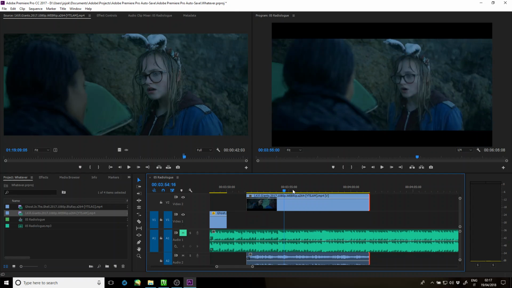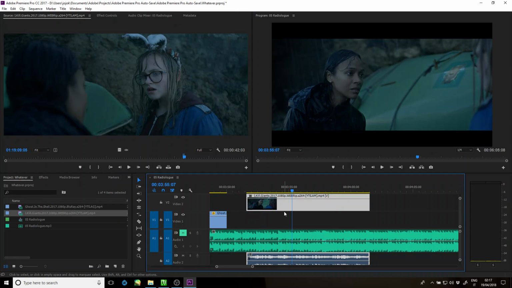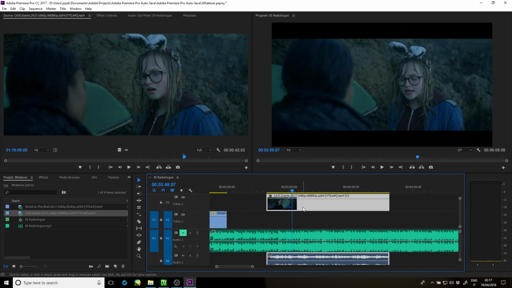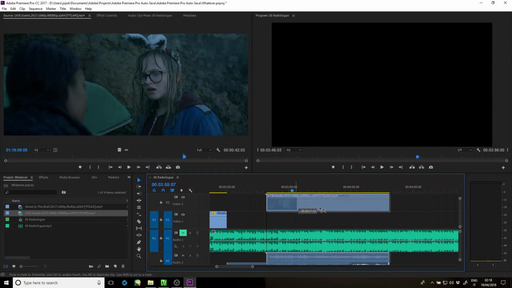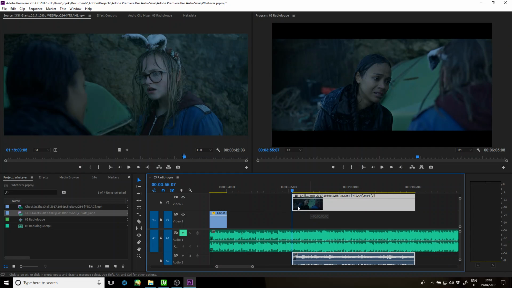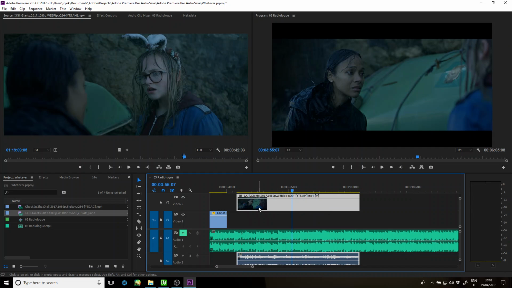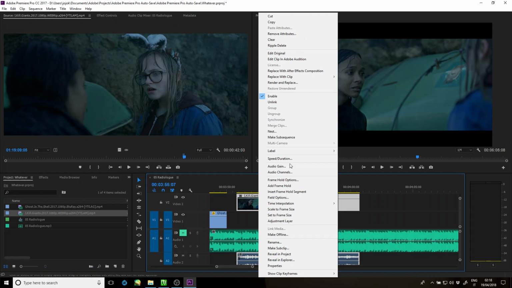I decided I want it with both video and audio, and then I changed my mind and want only the video or only the audio, but they're linked, you see I move them around together. To unlink them, you can right click and unlink,